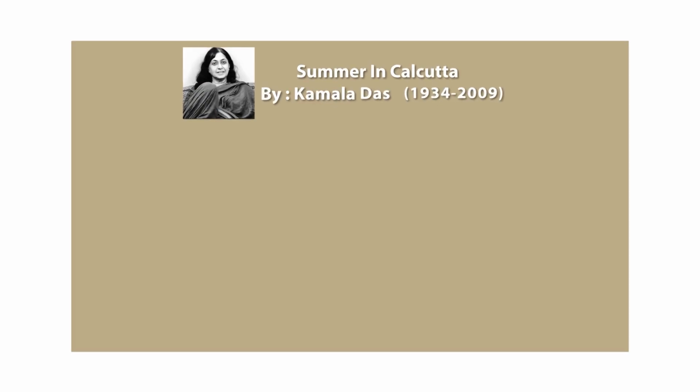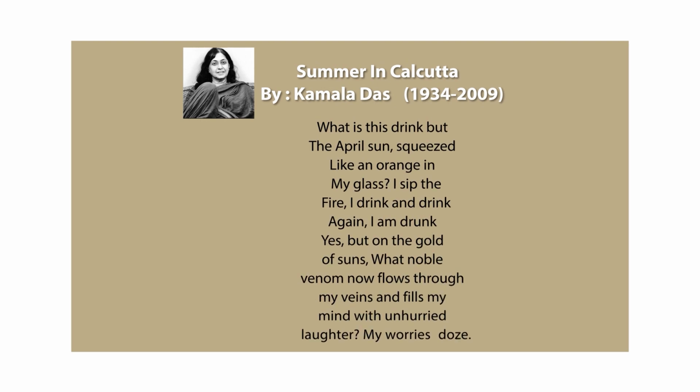And this is something that poetry does by repetition, what's called the chorus or the refrain, the repetition of certain words and phrases. It creates a very strong effect, which is not just rhythmic, but also very powerful emotionally. Let's look at another poem by Kamala Das, an Indian author, and this one is called Summer in Calcutta.